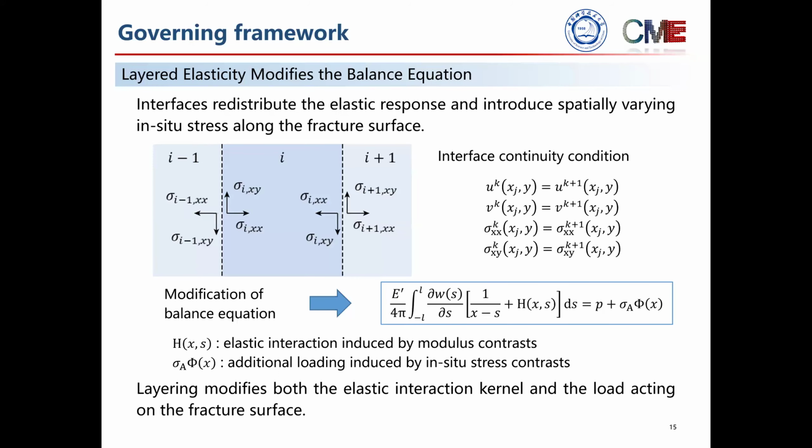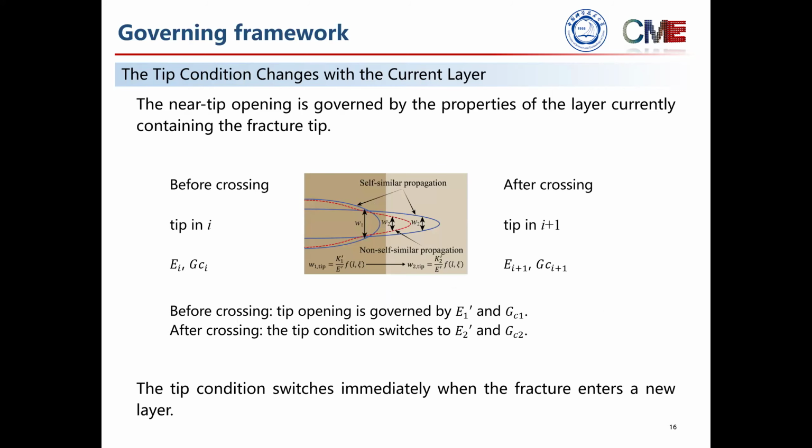So the layers remain perfectly bonded in this model. At the crack tip, the situation is more abrupt. The near-tip opening is governed by the property of the layer that currently contains the fracture tip. When the tip enters a new layer, the local fracture energy and elastic modulus can change immediately, and therefore the asymptotic